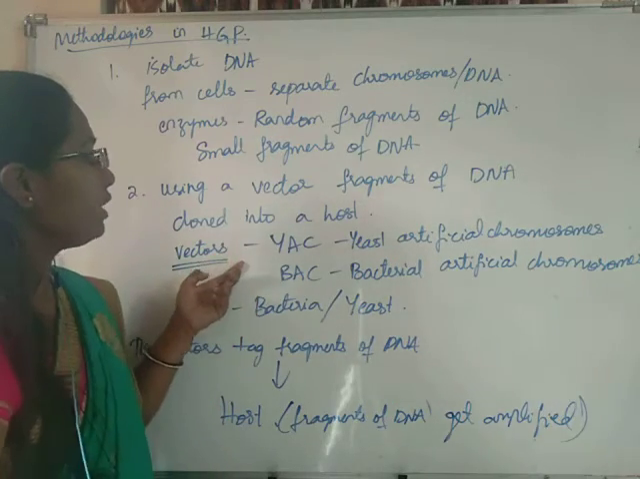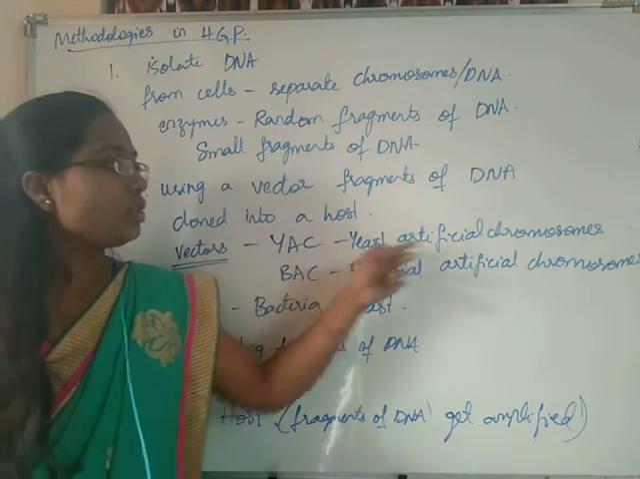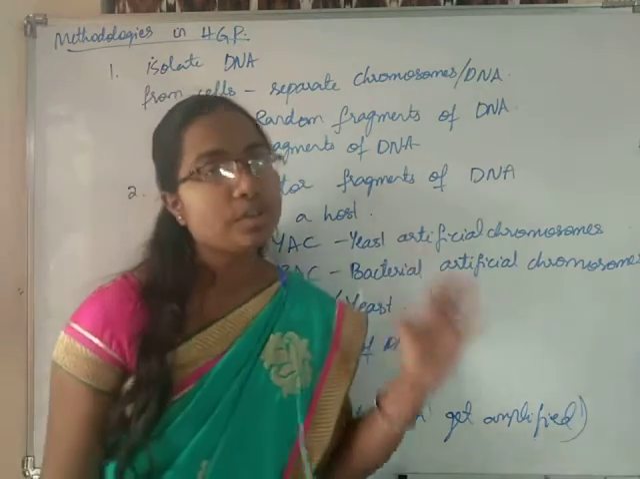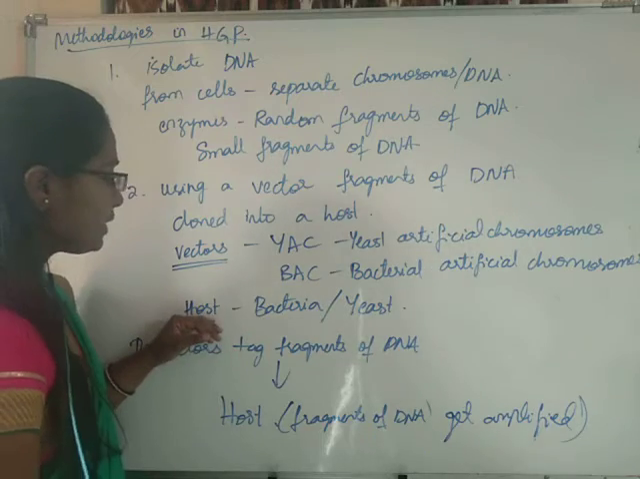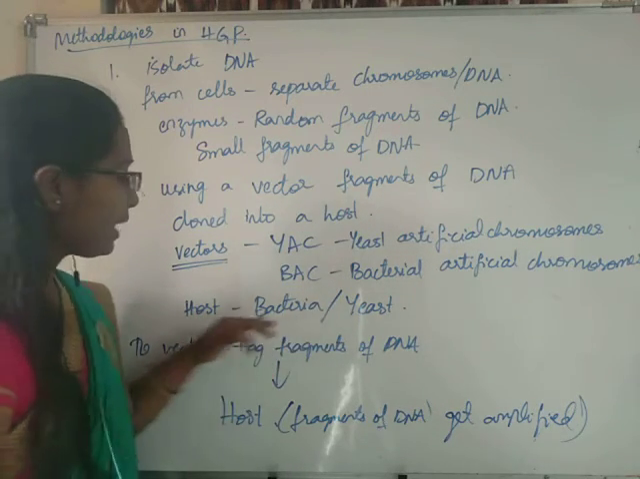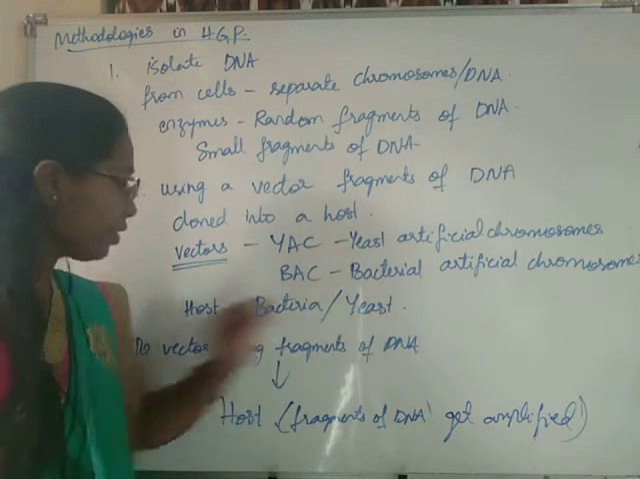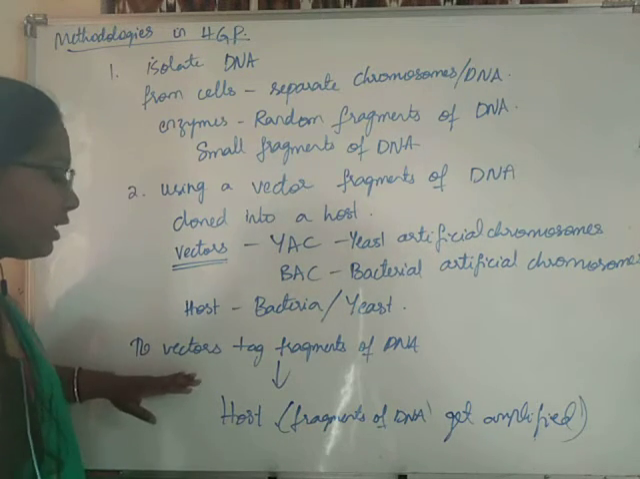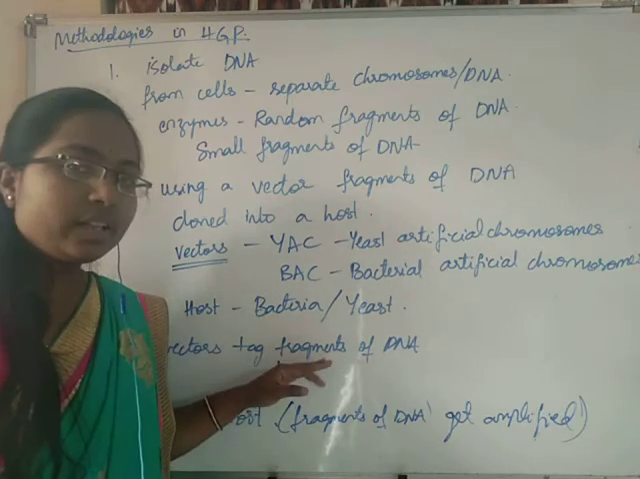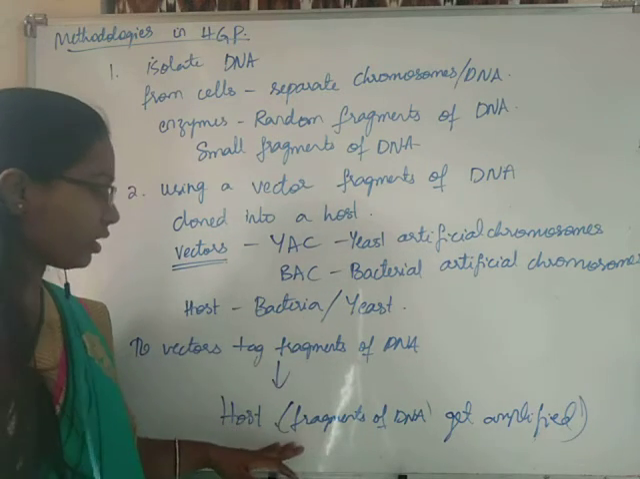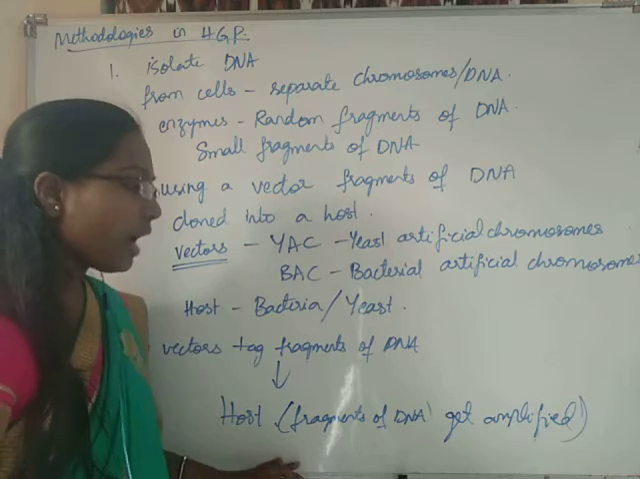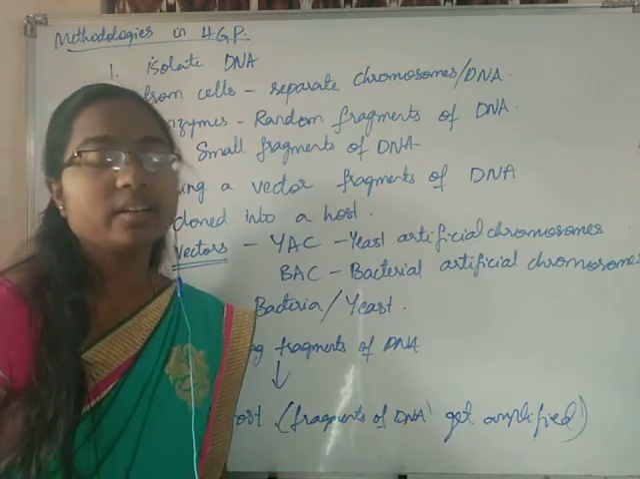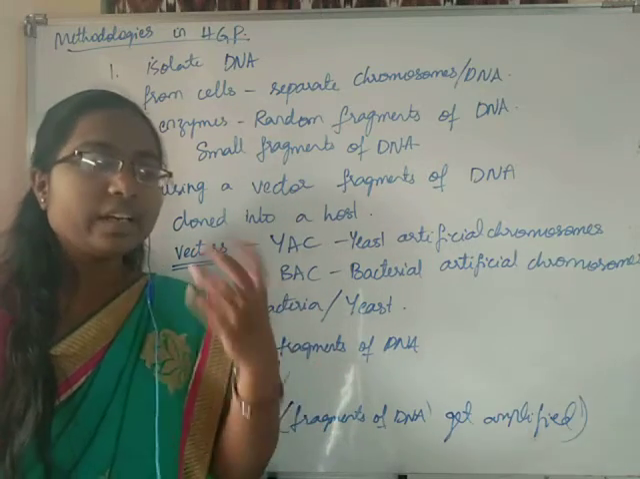Who are the vectors generally? YAC, yeast artificial chromosomes, or BAC, bacterial artificial chromosomes. The host is generally a bacteria or a yeast. What is exactly happening is that the fragments of DNA are tagged into the vectors, then the vectors are allowed to go into the host, either bacteria or yeast, and these fragments of DNA get amplified in the host. That means they can be multiplied in number and become very clear and big enough